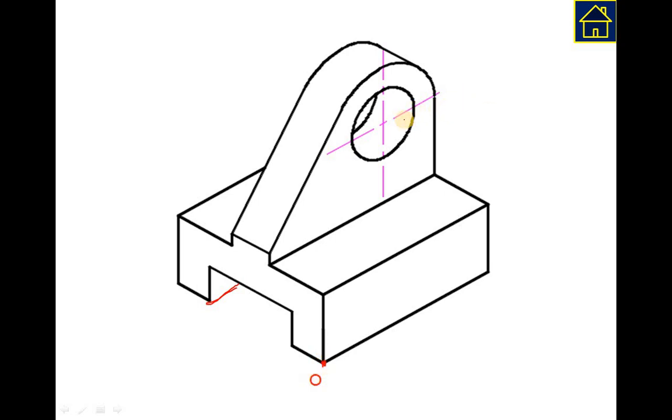Remember, we started by drawing the curvature first, and then we drew all the simple portions later. Though this 3D object looks simple here, sometimes it is quite difficult when you start drawing step by step. So that's why you can use this video for drawing more and more isometric views, to complete your assignments and gain more understanding of isometric projections.